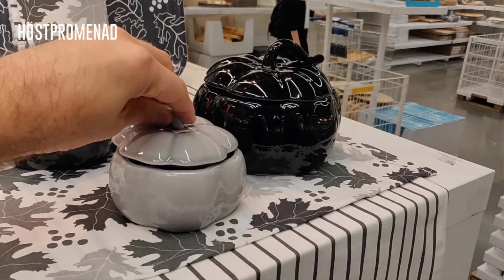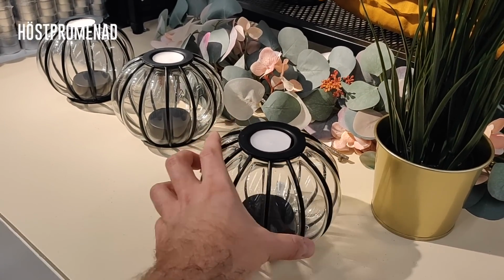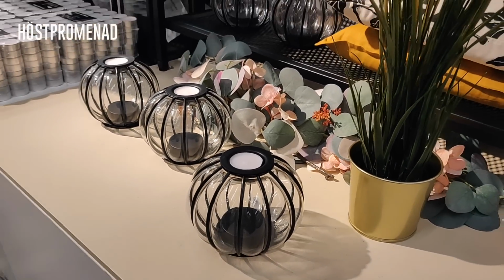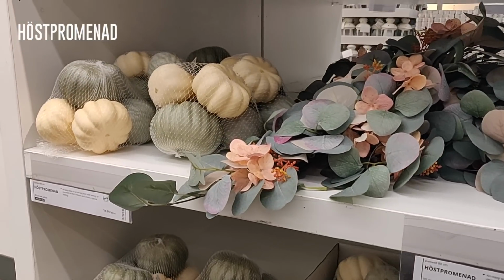They have a really soft color palette. They've got these matte black tea holders, which are really cute, and they also have these really neat pumpkin tea lights. These are really adorable. They come in this matte black color. Again, everything doesn't have to scream orange, orange, orange, like it's Halloween. It doesn't have to. You can still work with a soft neutral color palette or something that's a little bit more subtle,